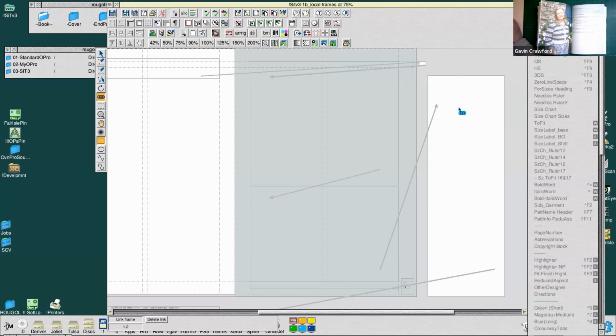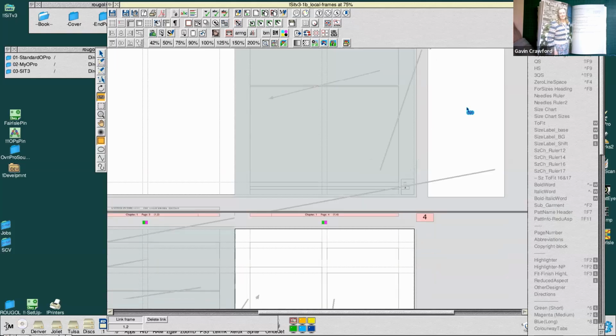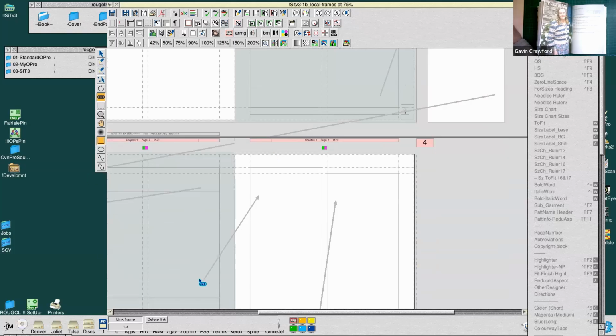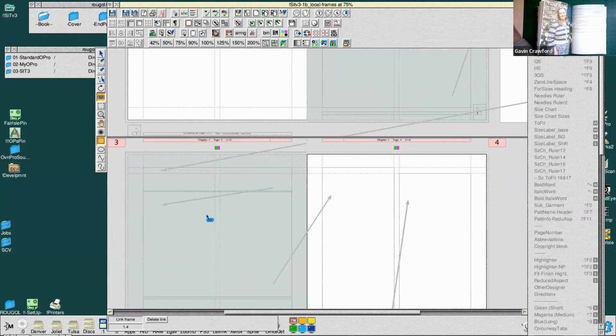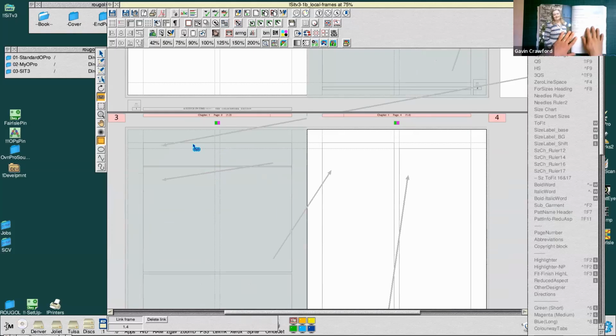But this frame here is because in the knitting instructions, there is a set of abbreviations of what all the symbols mean. And in the book, we just have one page of those at the front of the book. So we don't actually need them on every single pattern because it just takes up more space. But to keep that integrity of the data, I just flow it into a frame off the page that's never seen. And then it comes back down to this next frame, and this will be